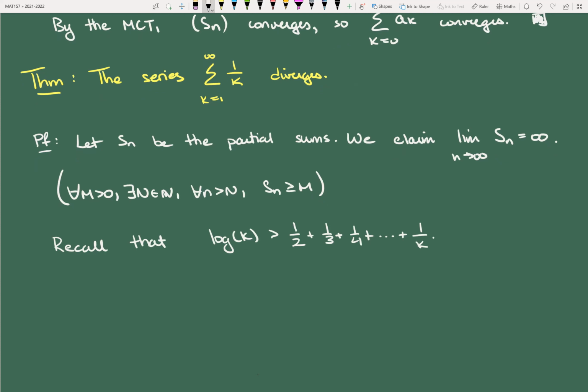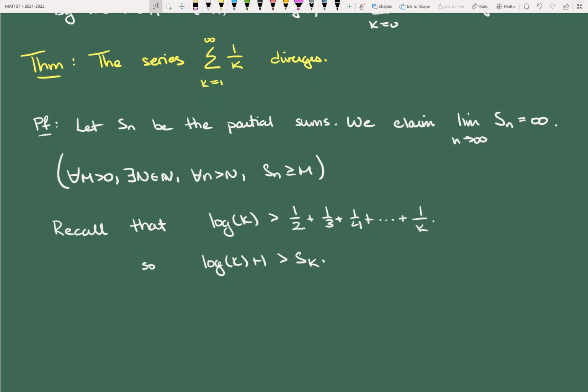Good. And the right-hand side is basically the harmonic series, right? So log k plus 1 is greater than Sk. Okay. Now we know that log goes to infinity, right? So since the limit as k goes to infinity of log k is equal to infinity,